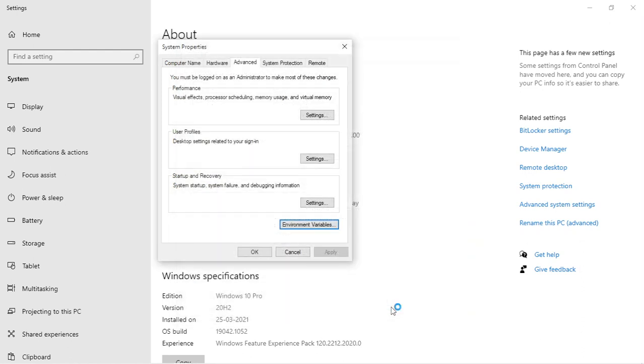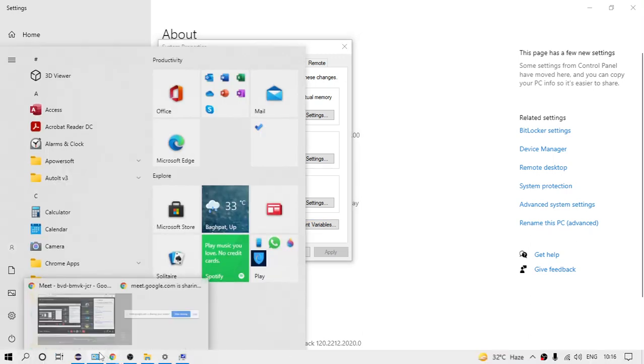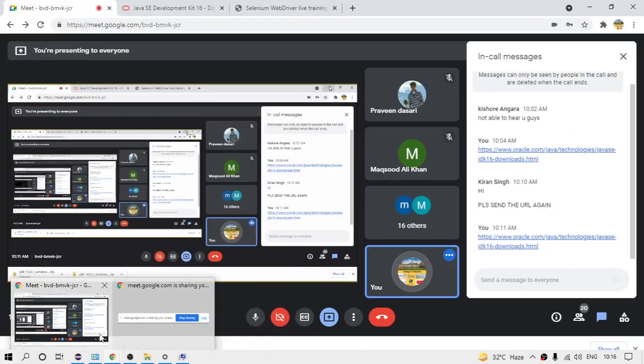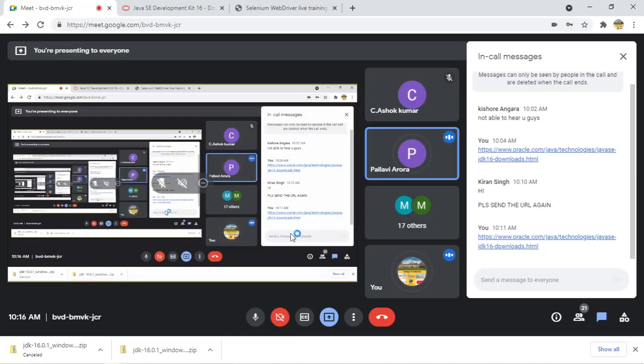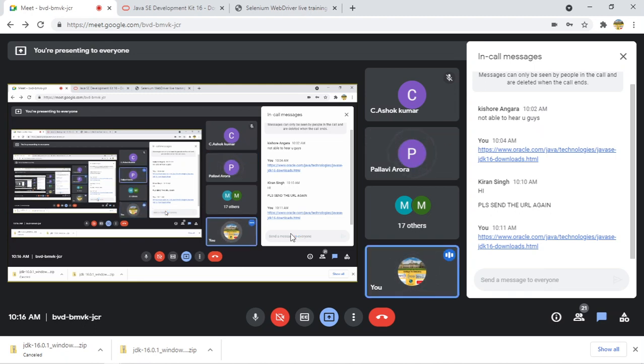So are you able to? What are the steps in Mac? I need to set this variable in Mac, right? Are you able to set? No, I don't know the steps in Mac. You are telling those, so I want to do the same in Mac also. Your voice is breaking. Can you write it in the chat box? Yeah.